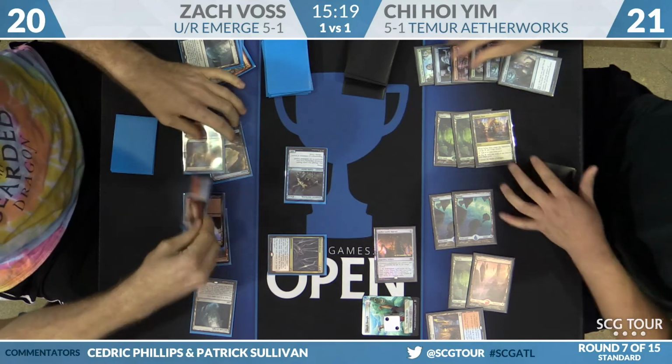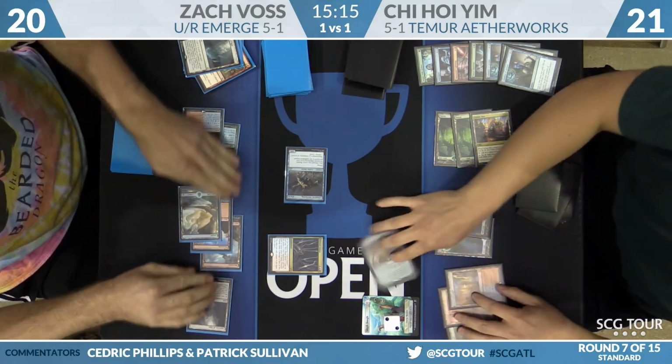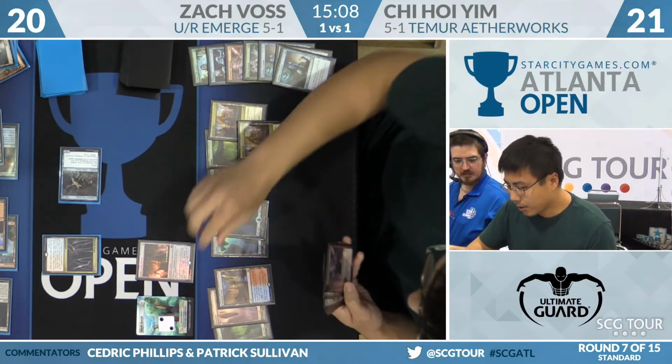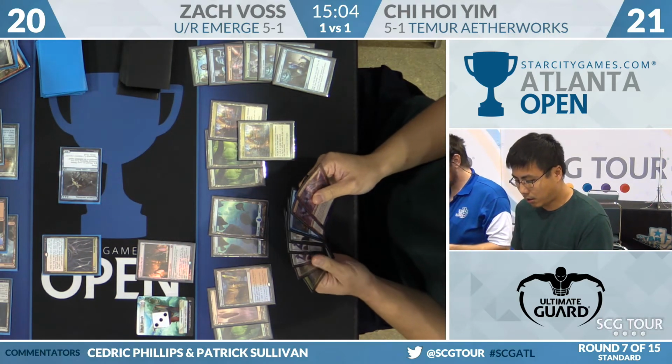Bolt to the bottom, 2 mystery cards on the way. Kozilek's Return among those cards. He'll untap. And he will draw. Hub. Up to 3. And now with the shields down, I'm sure Chihoi is going to have a mighty fine